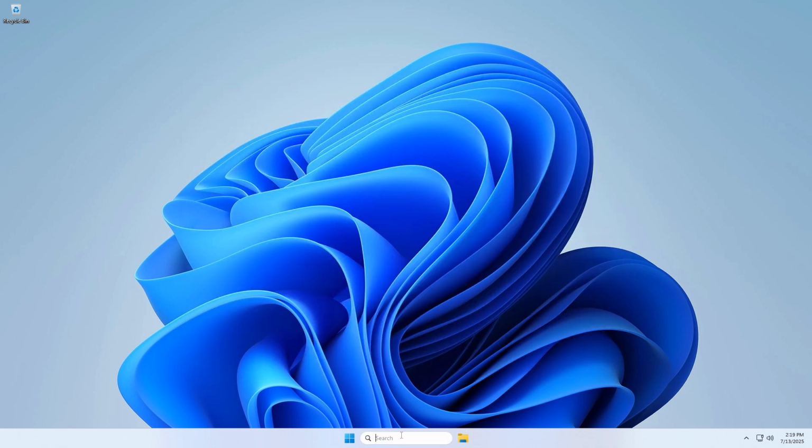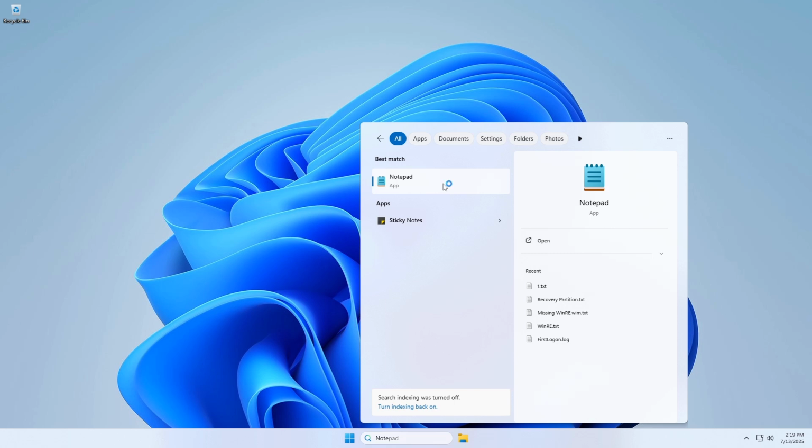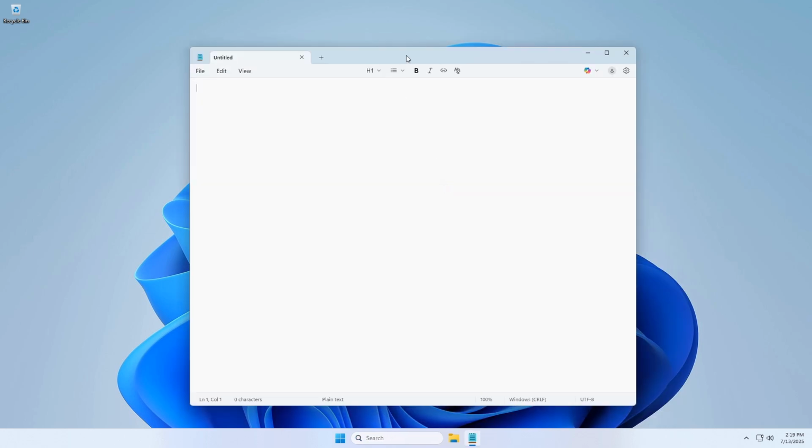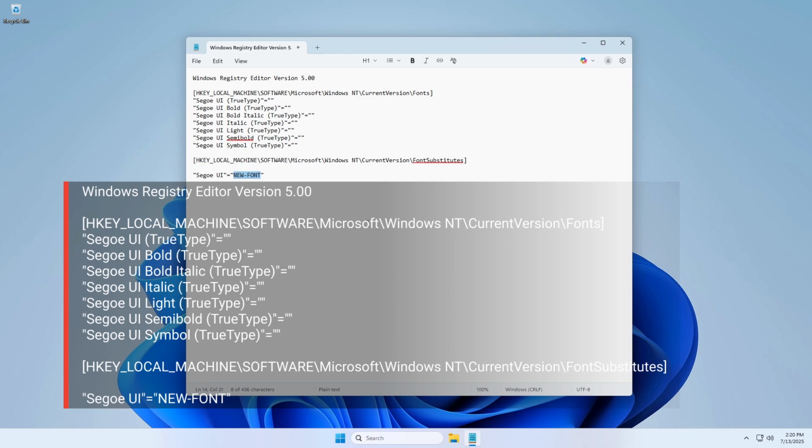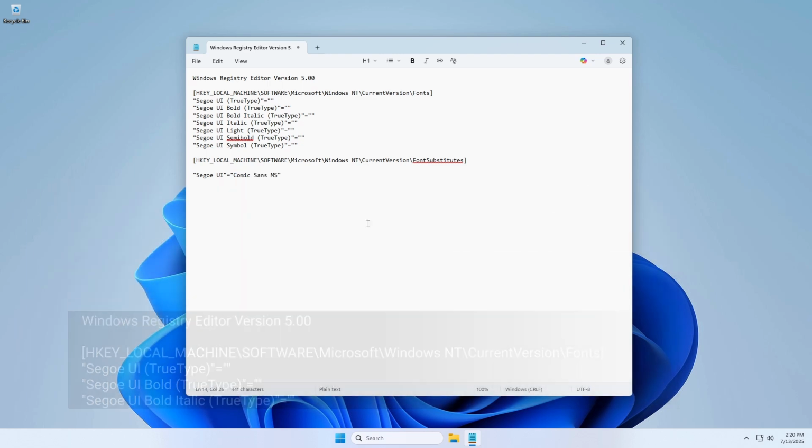Create a registry file. Open Notepad and paste the following code, replacing new font with your chosen font name. Note 1. To ensure more complete font substitution, you can add additional entries to the font section, such as